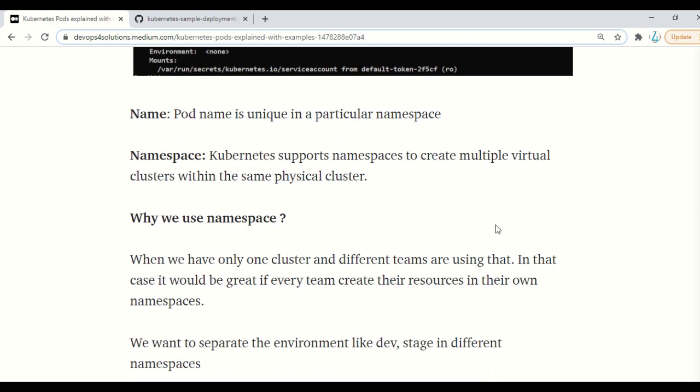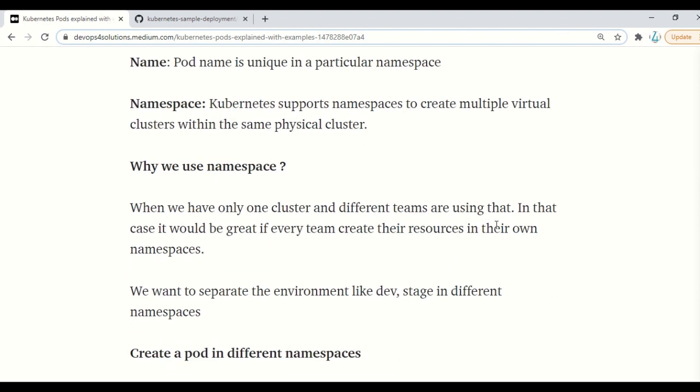Kubernetes supports namespaces to create multiple virtual clusters within the same physical cluster. So first, why do we use namespaces? What is the use of a namespace? Say we have only one cluster and different teams are using it.